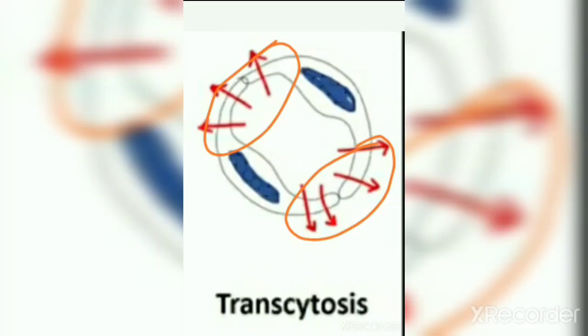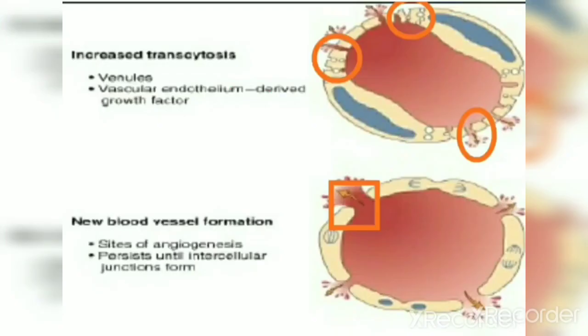The fourth one was transcytosis. Transcytosis is basically movement through intracellular channels, as I have discussed. These vesiculovacuolar organelles, these intracellular channels, will be increased in number during inflammation. In transcytosis, there is no widening of the gap and there is no endothelial injury, neither direct nor leukocyte mediated, but through intracellular channels only there will be vascular leakage and transport of proteins and fluids. These are the channels which I have marked.